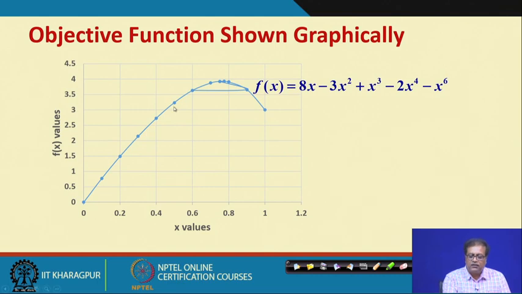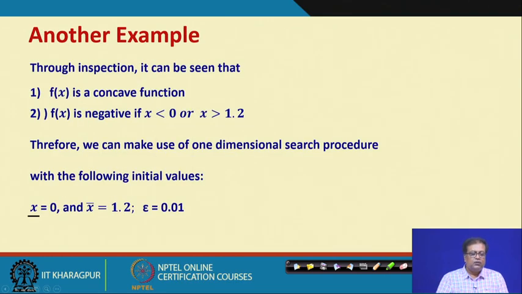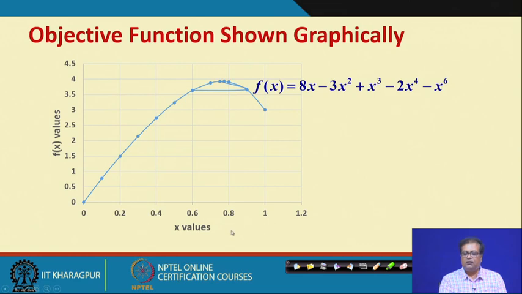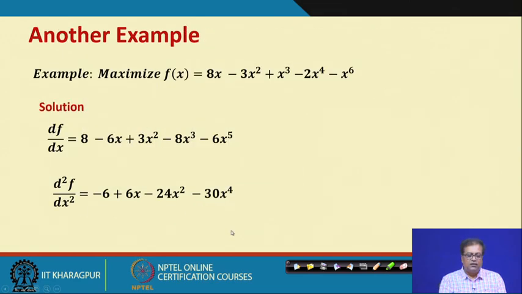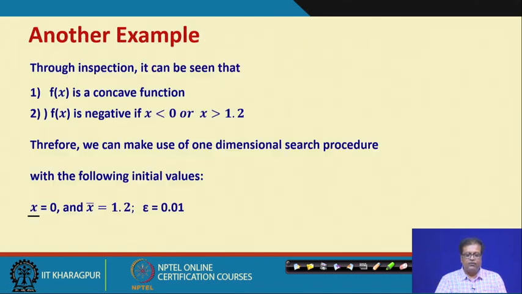Now, this is the function, you can see it is between 0 and 1.2, they are in the two directions. So, through inspection it can be seen that f x is a concave function, that is, the function nature is like this, and for the second derivative we have to explore it further, and it is negative if x is less than 0 or x is greater than 1.2. So, that means x underline we can take as 0 and x bar as 1.2,